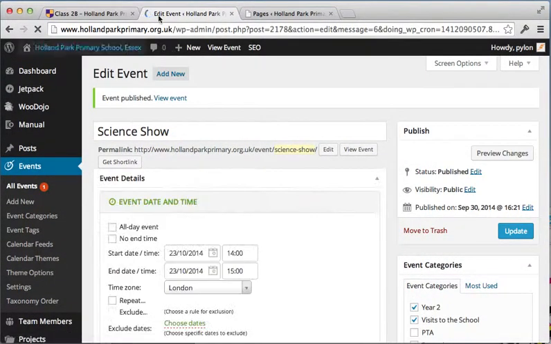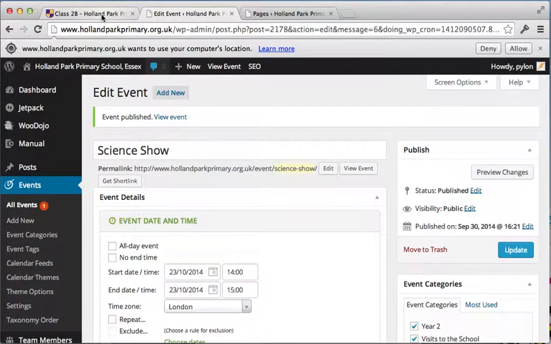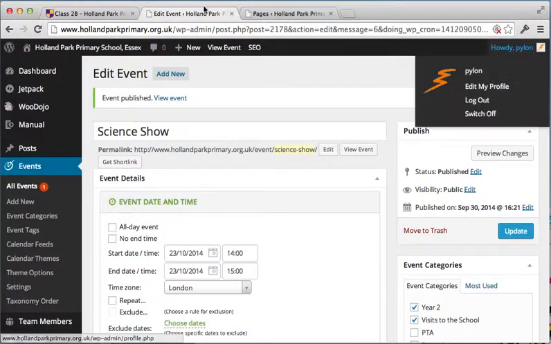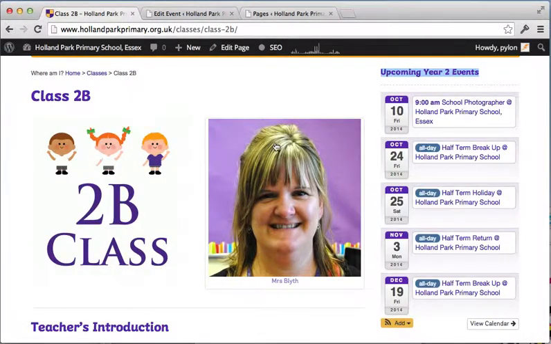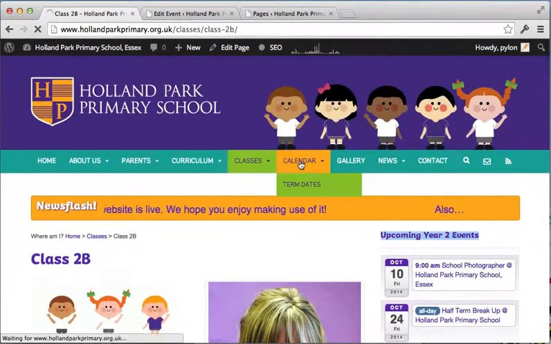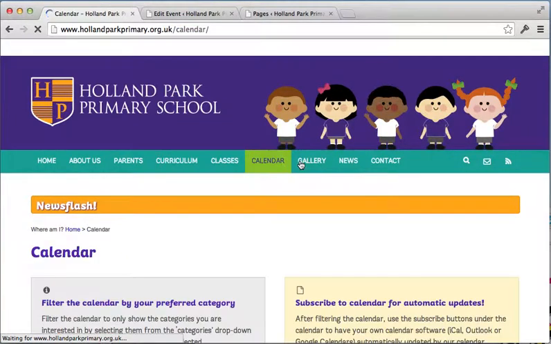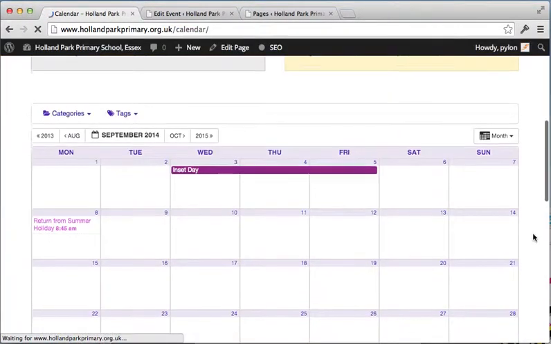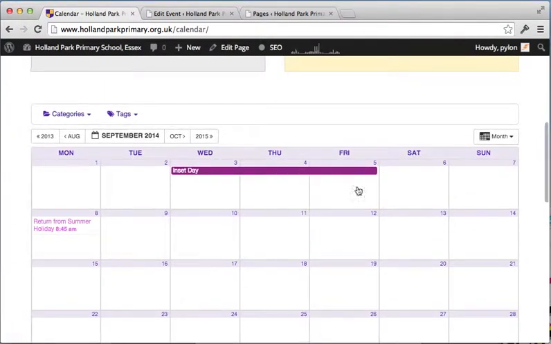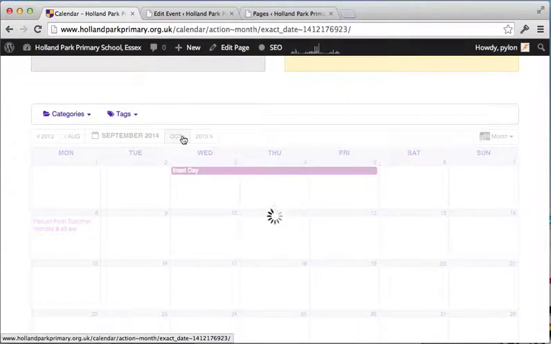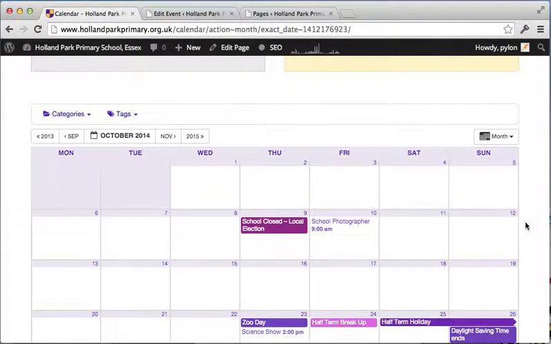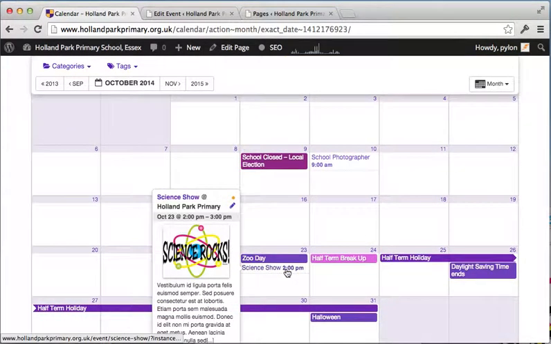Okay, and when the browser's finished updating, I'm going to go to the front of the site and look at our calendar. And we should see, if we go to October, that we then have the science show on the 23rd in the afternoon. And there's a little preview with our description and the featured image. If we click on this,